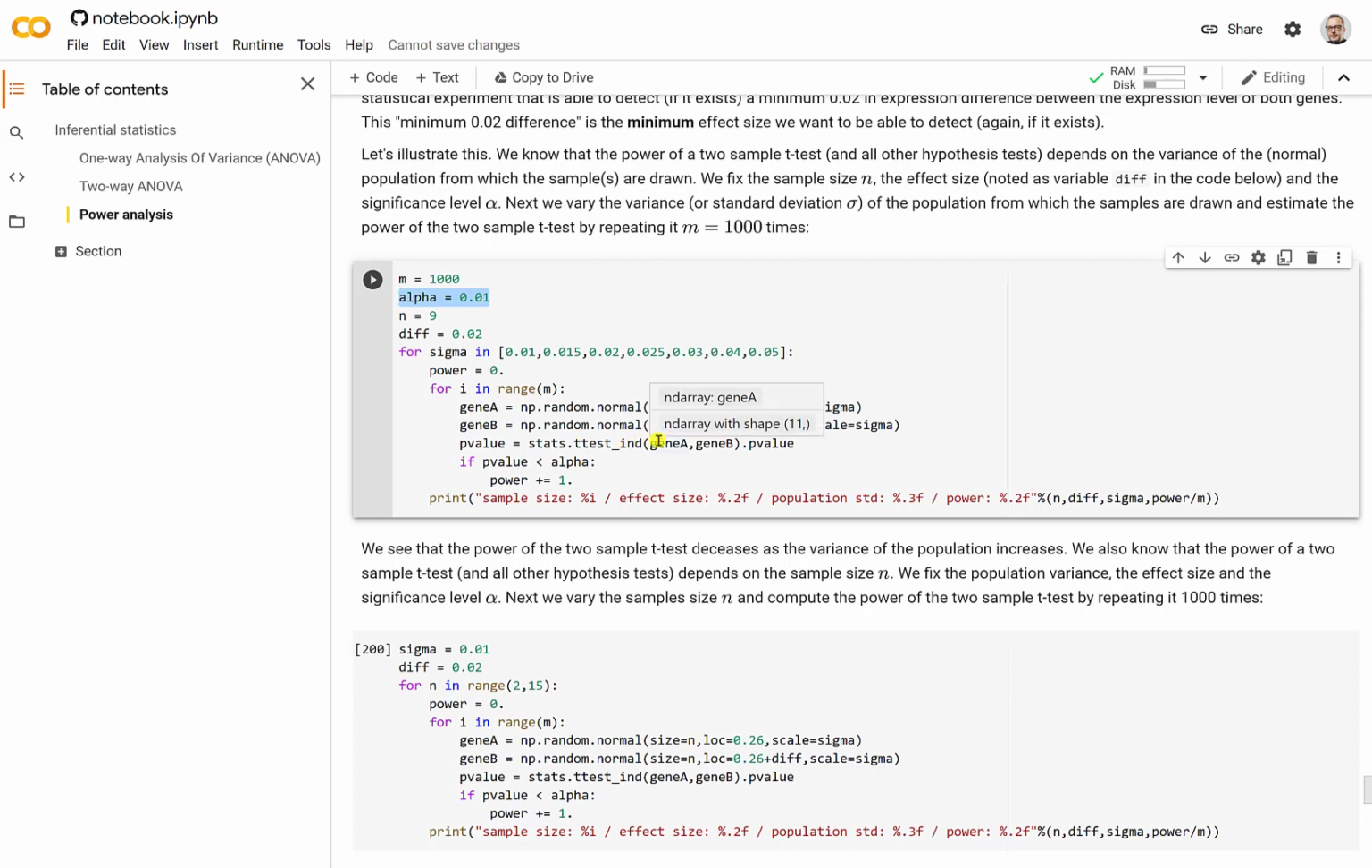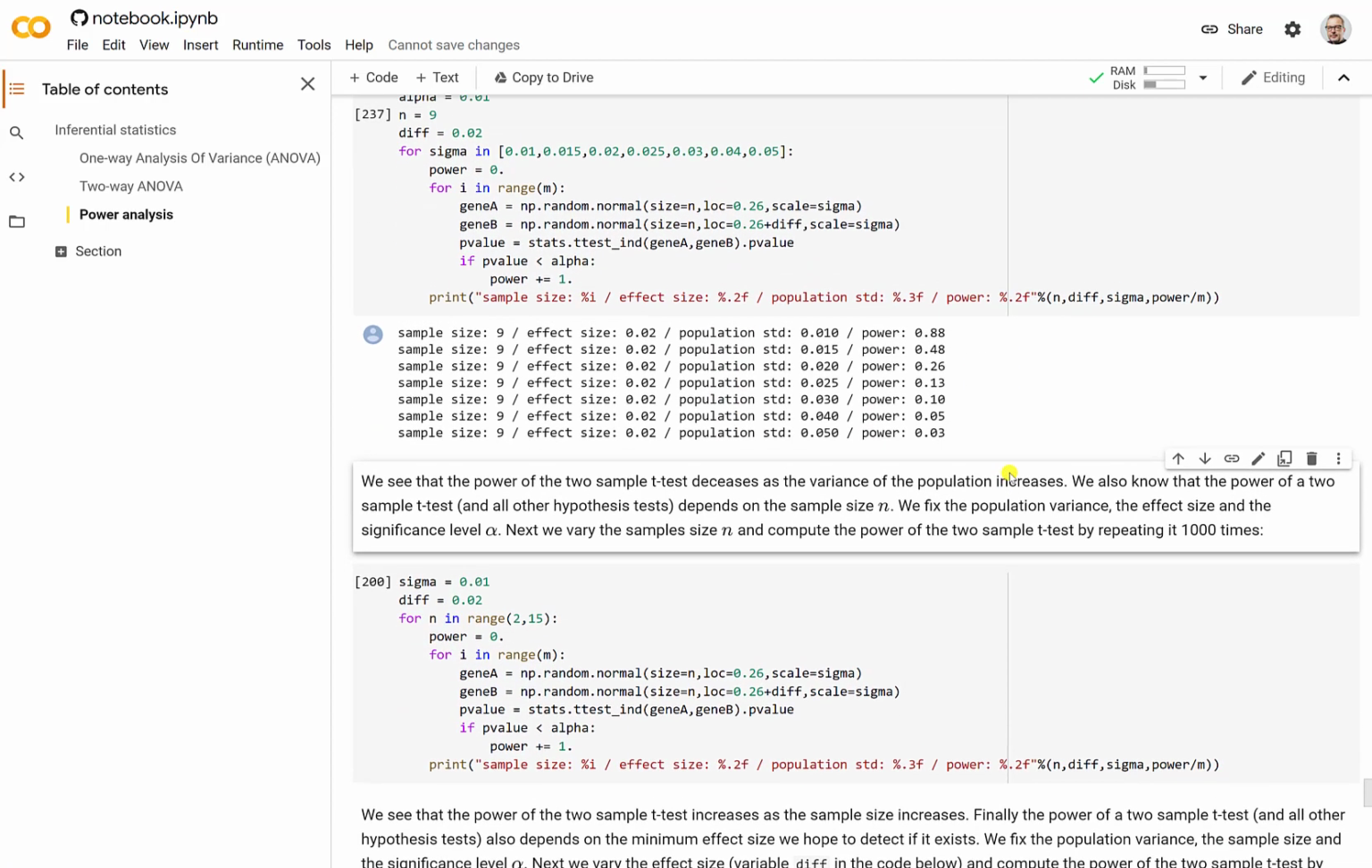And then to compute the power, we're going to look at what is the probability of correctly rejecting, right? So what is the probability, or how many times do I see my p-value being smaller than my significance level alpha? Okay, and that will compute me the power. Okay, so if I execute that,